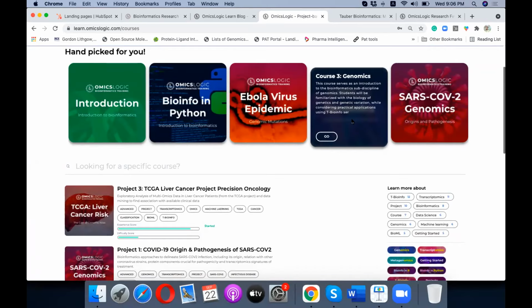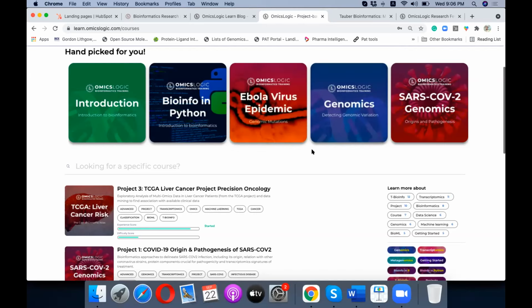After that, we have genomics, metagenomics, transcriptomics, epigenomics, and machine learning. These 6 data types are well described in different courses, and their application is shown by different examples, and those examples are the projects.